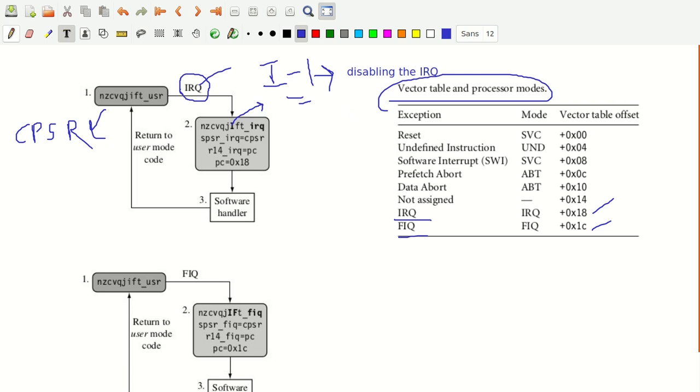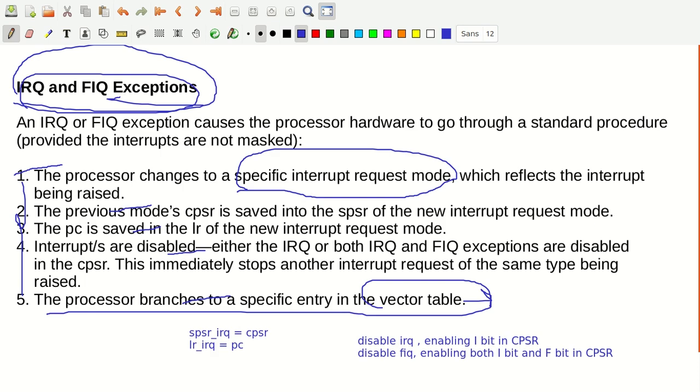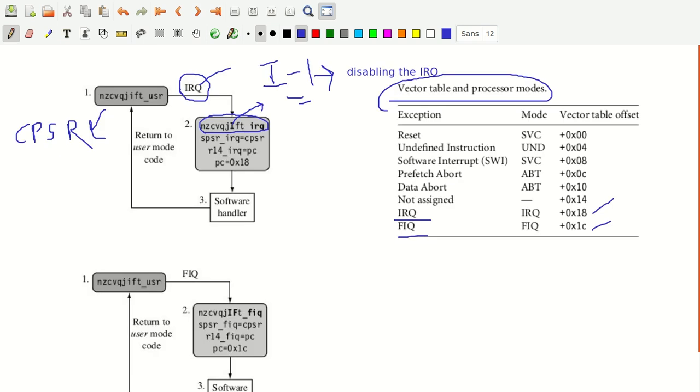One thing you have to understand: this CPSR content is written first here, but before the processor actually changes to the specific interrupt request mode, these two things get executed. What is the CPSR content?